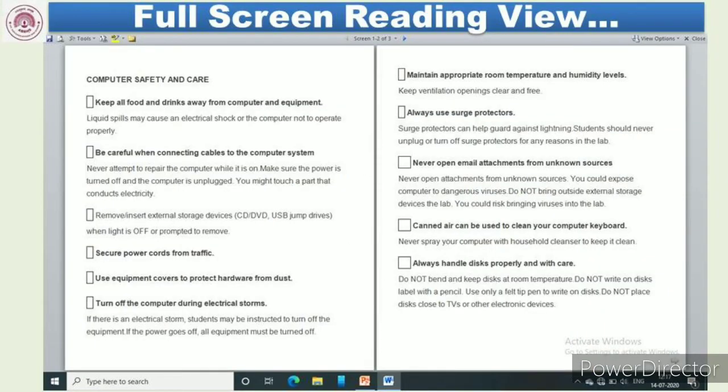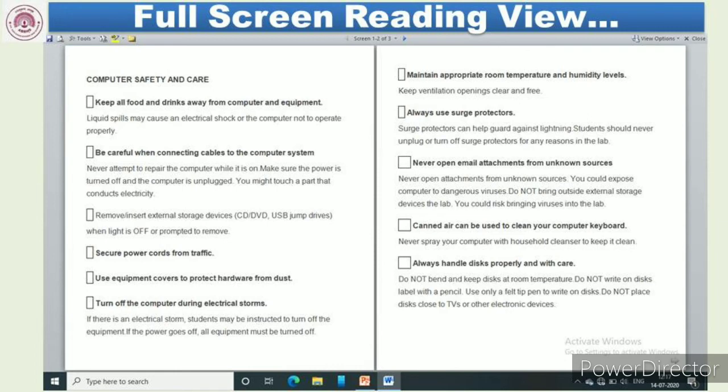The full screen reading view. As the name suggests, the document is viewed in full screen in this view. The view is best suited for when the content in the document needs to be read. Thus, it is optimized for reading on a computer screen. This is also most useful in reviewing the document for any corrections. This view may or may not truly reflect what the document will look like on printing.